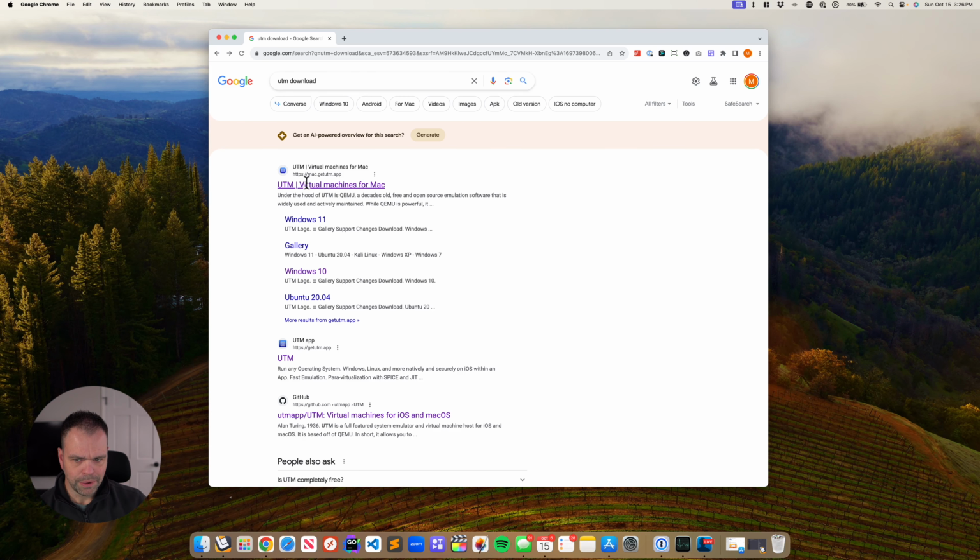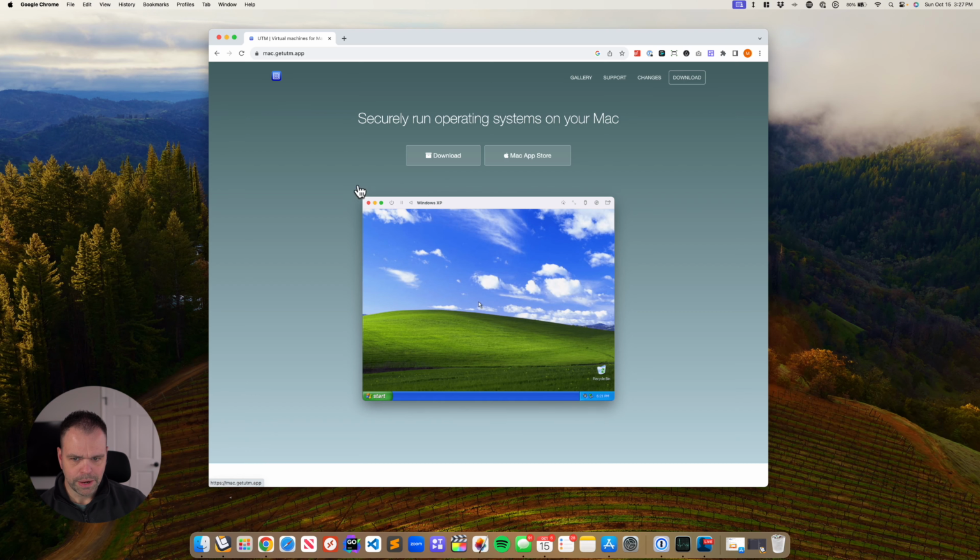Search for UTM download. You'll see this first result right here. You'll click on it. You'll go to the site. You just click download. You can also get this from the Mac store, but it's $10. So I think it's just a donation type thing. But I'm just getting it from the website. So we'll wait for this to download